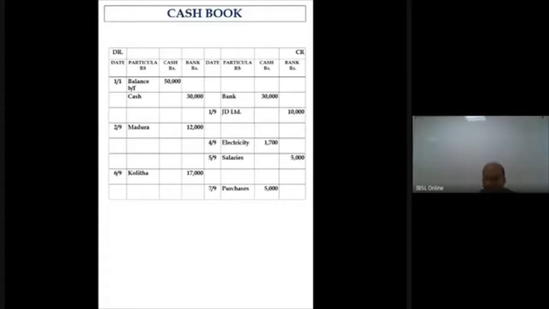That is the next chapter that we are going to learn. Very important topic. So what happens in bookkeeping? The bank column that is maintained by the bookkeeper is just a mere record.